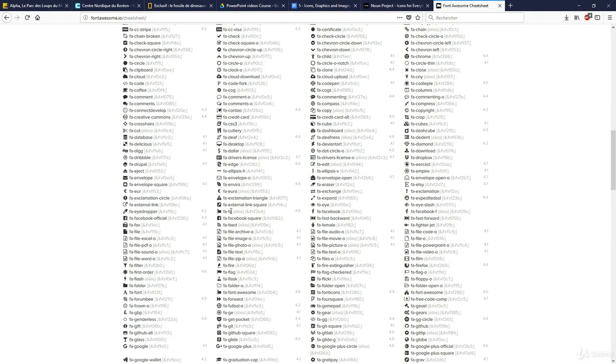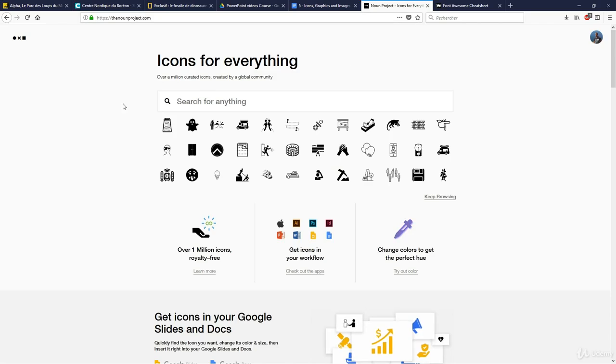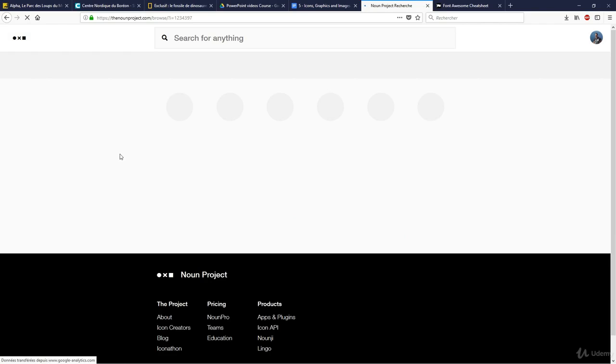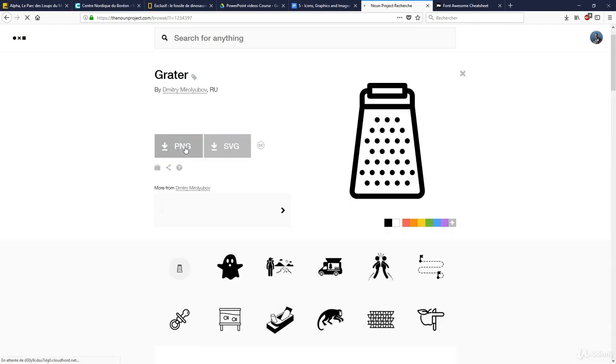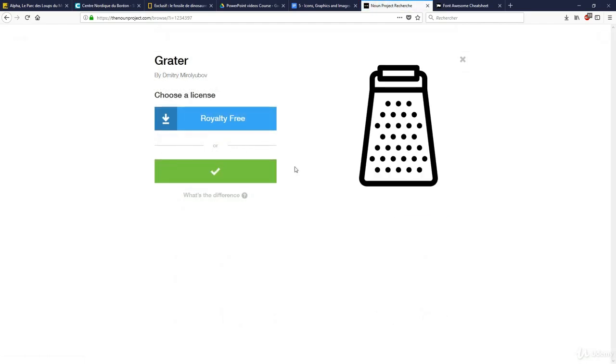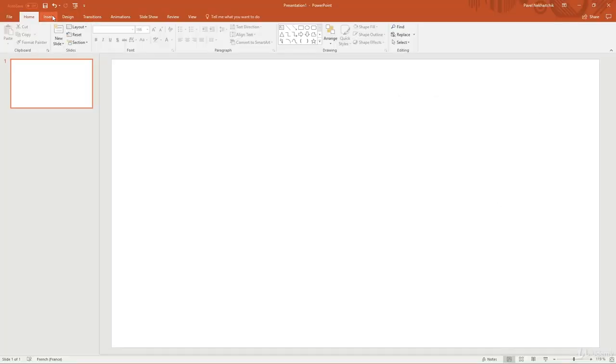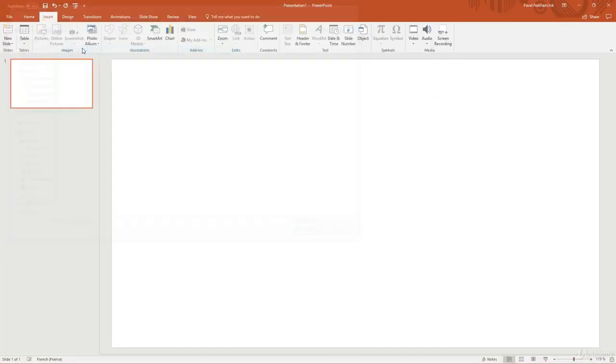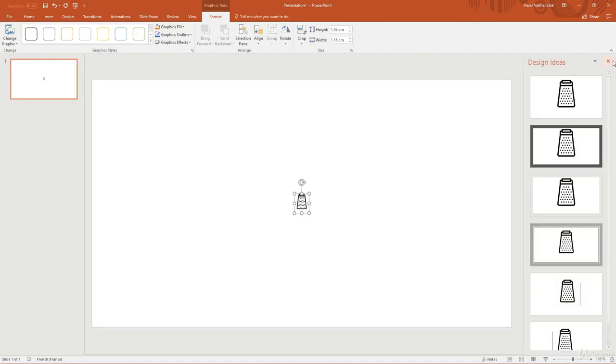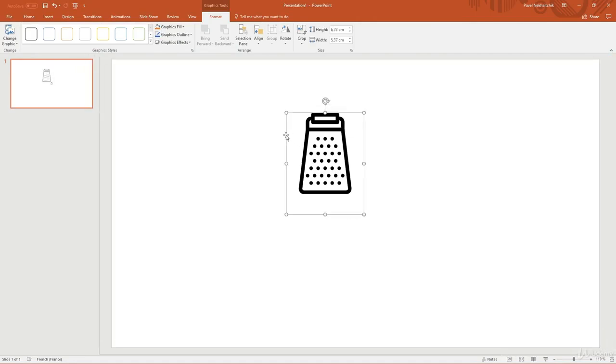And finally, the last thing is, how do you change the color of the icons from the Noun project? So basically, what you need to do is you need to download the SVG file, not the PNG, but this SVG file, right? And then with this one, you can literally do whatever you want. All right, so let's insert it. All right. So here we have our icon, and when you go on Format, you can fill the graphic,